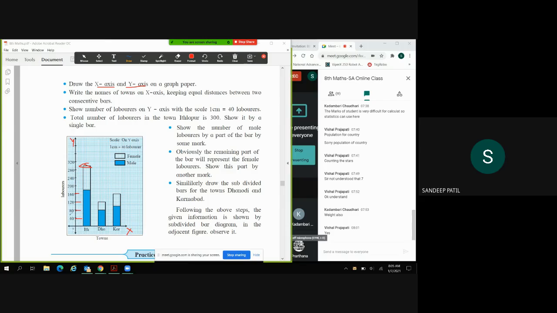So we have to divide according to that, so that हम ये ग्राफ यहाँ शो कर सकते हैं। नहीं तो ऐसा हो जाएगा कि हम लोग यहाँ 10 से अगर शुरुआत कर देंगे 1 सेंटीमीटर को 10, तो ये 300 तो इस ग्राफ के बाहर ही चला जाएगा। So we can't show all this graph. So हमारा मेन मकसद है, मेन इंटेंशन है कि ये ग्राफ रिप्रेजेंट करना है। So why do we choose this representation? Because visual aids, अगर हमको कुछ भी विजुअली दिखाया जाए तो हमें वो जल्दी ग्रास्प होता है, और प्लस it's better to represent data in graphical format. So इसलिए हम लोग ये ग्राफ यूज करते हैं। So देखिए, write the names of towns on the x-axis. So हम यहाँ एक्स एक्सिस पे नाम लिखेंगे।